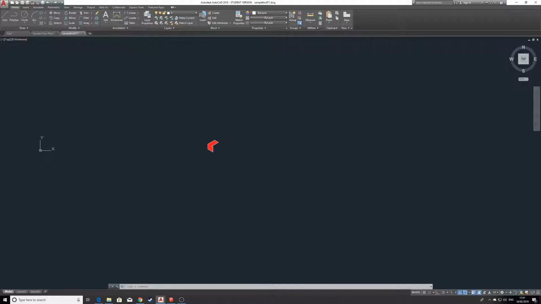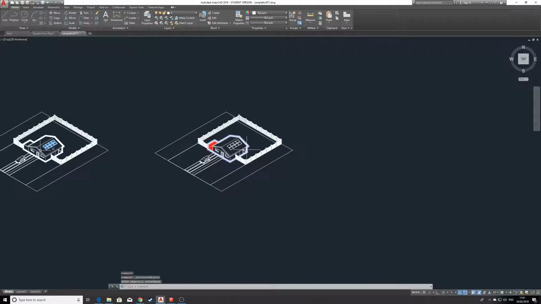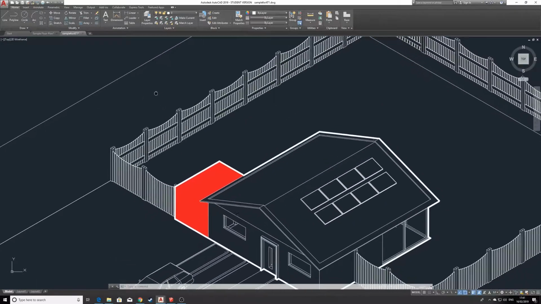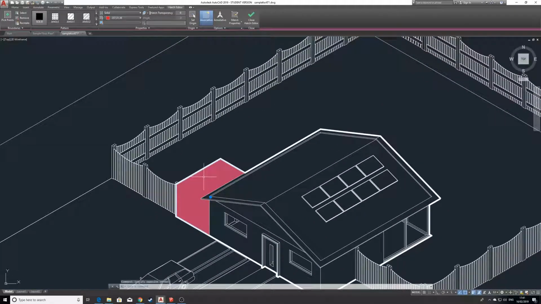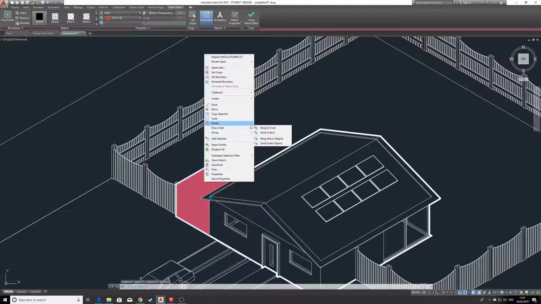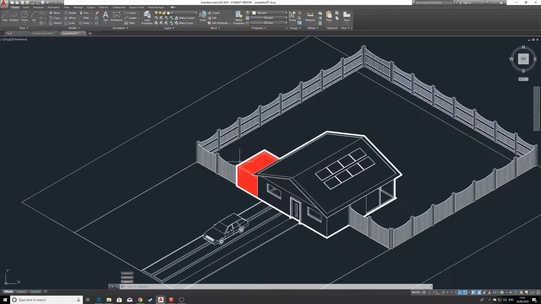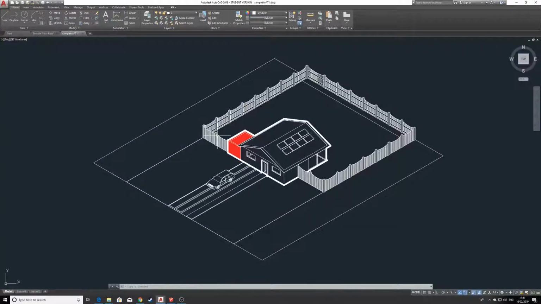Again, minus any annotation and stuff, but James will probably show you a wee bit of annotation stuff in Illustrator. And again, the main idea is just to keep it simple and to make sure that it's clear, and don't try anything too fancy. So we'll click on the hatch, right click, draw order, send to back. There we go. And again, we can add some annotation stuff on there, and we'll just do